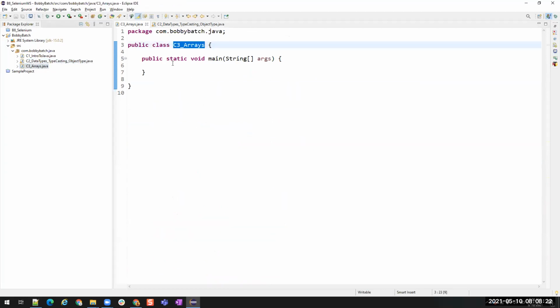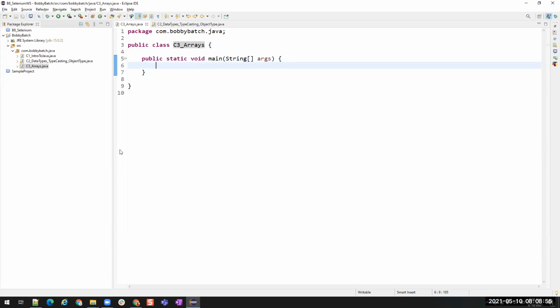So if I want to store multiple values inside a single variable, then we go for arrays. Arrays are capable of storing multiple values inside them. But there is a condition that all the values should be of the same data type.